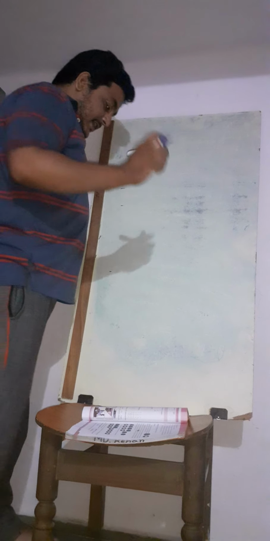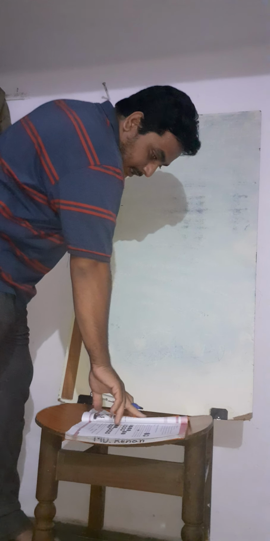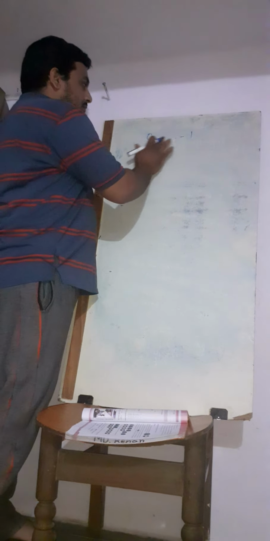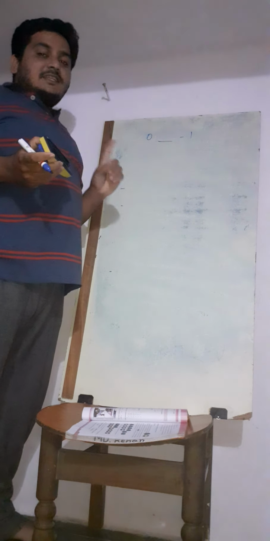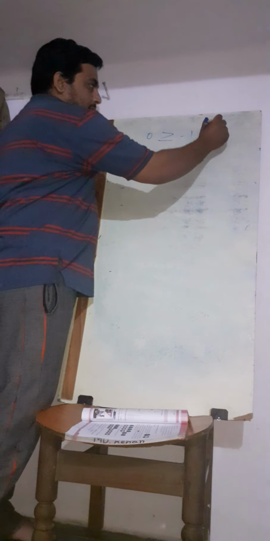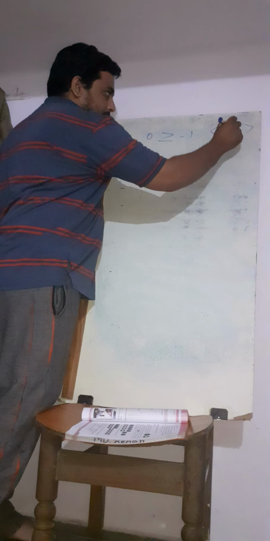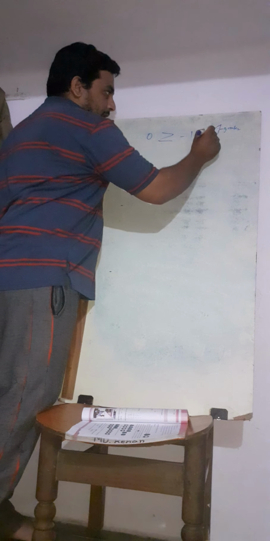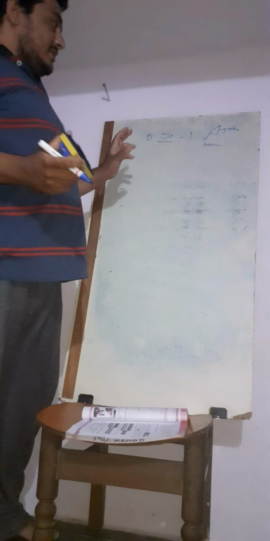Next, he gives you 0 and -1. He is asking: from the above understanding, fill the boxes with a less than or greater than sign. I said 0 is always greater than negative numbers, so it is the greater than symbol. Just remember this. This says greater, and this says lesser. Whenever the mouth is wider, we call it greater.